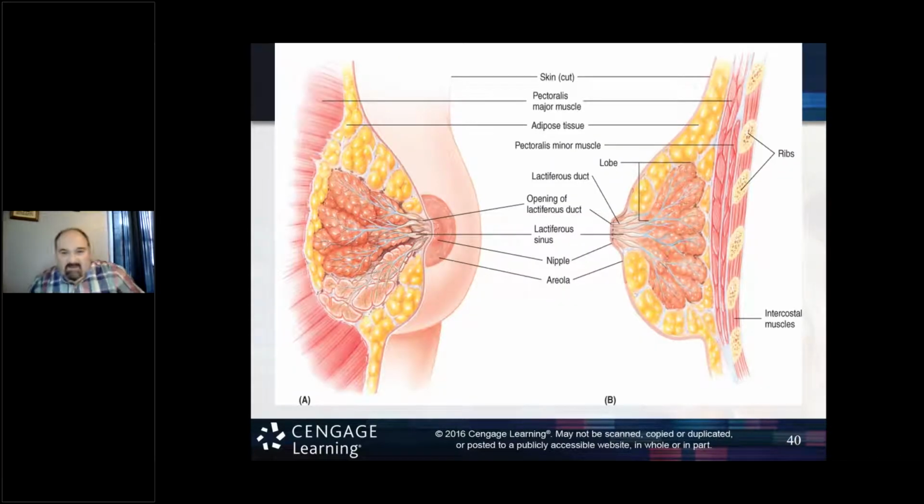And here's the breast. Here I wanted to review this and go over the structures that you're seeing. You're looking at the duct system, right, that will carry the breast milk to the nipple, to the areola, to the nipple. And this will then be released upon milk production for a lactating female, okay?